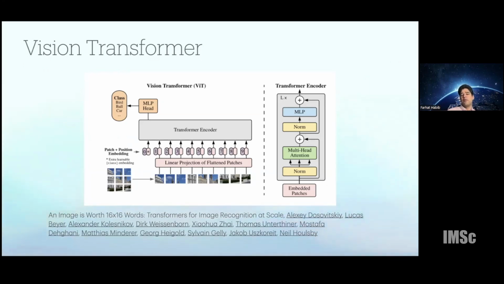In a vision transformer, what you do is you break an image into smaller bits. So in this case, for example, you can see that the image is broken into 3x3 patches. And you remove one of the patches randomly and ask the model to predict the missing patch. And if you train enough, the transformer is able to learn the elements of images just as it was able to learn about text earlier, and it's actually able to do it much more easily than it's able to learn text.